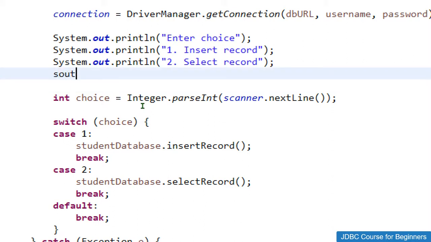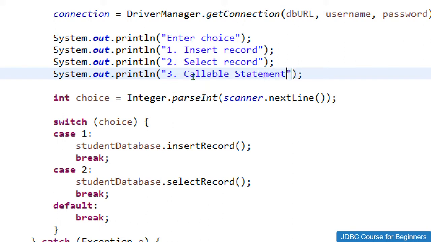But let me give one more option, the third option, which will be selecting the record again, but this time we will select all records, and all the records by the stored procedure. First of all let me give the callable statement as a line, because we have already created this select record operation.